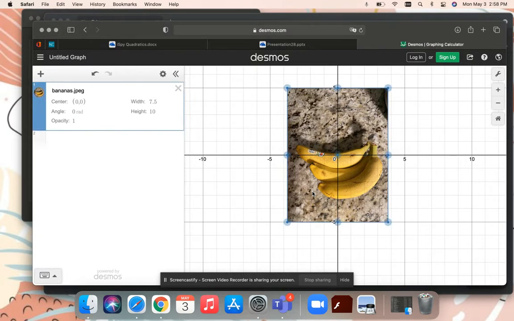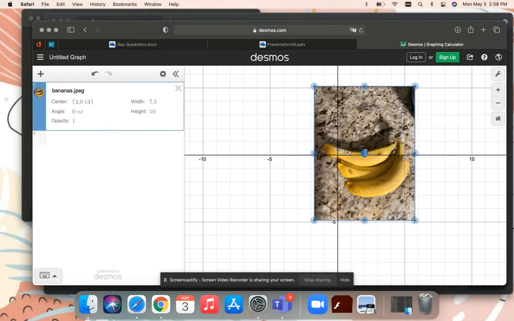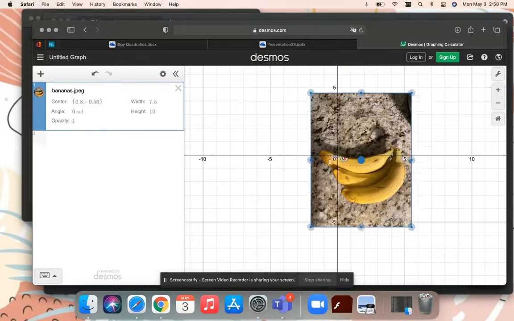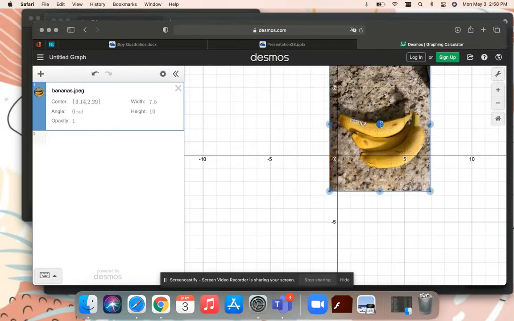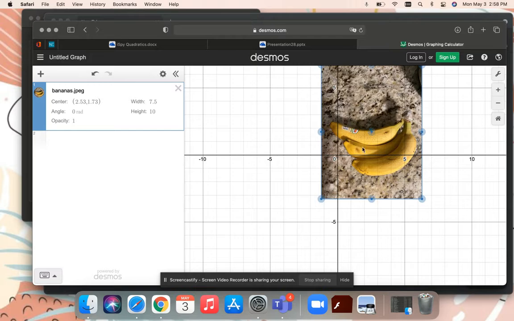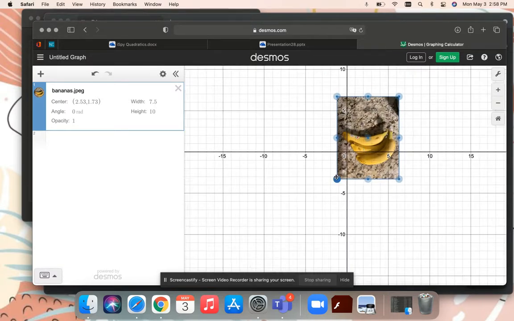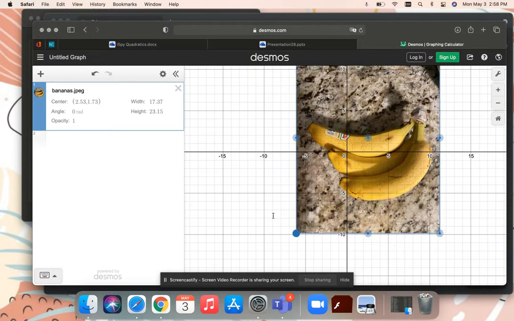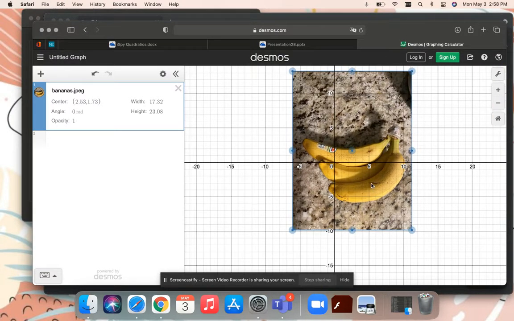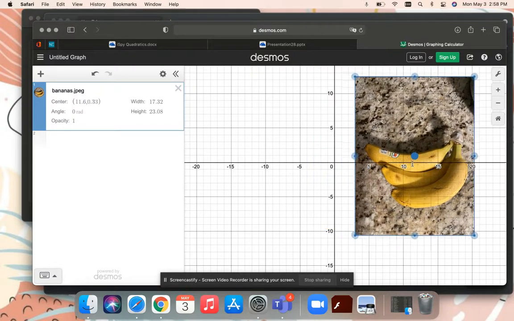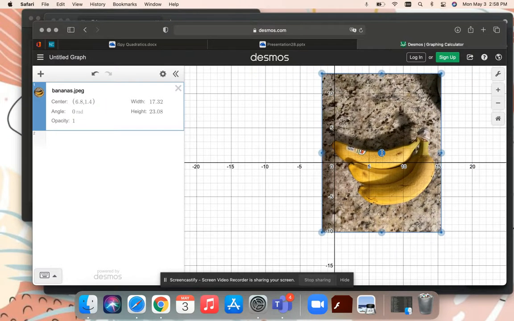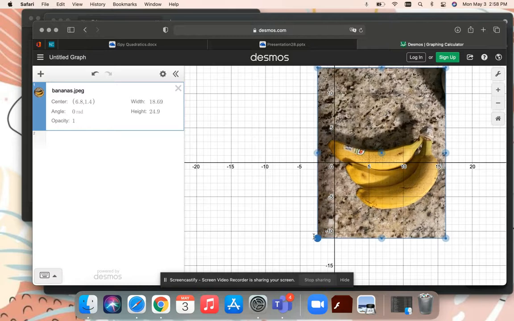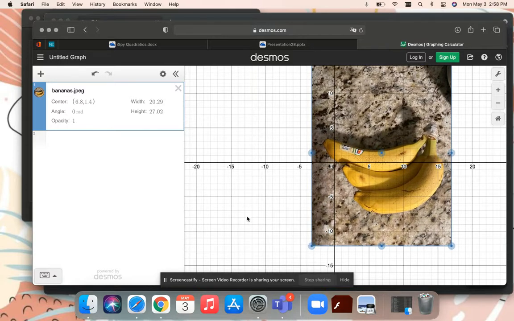If you want to or need to change the size of your picture, you can do that. You can move it around by pressing the center. So I'm just going to move it here. And you also can drag and drop these corners if you want to enlarge your image. All right, so again, the center will move it anywhere you want it, and then we're going to drag and drop it